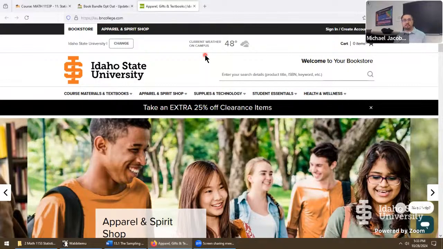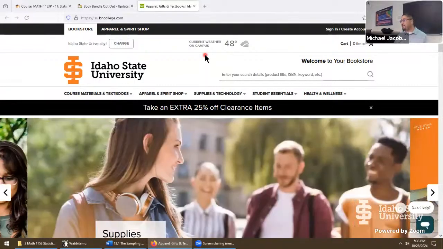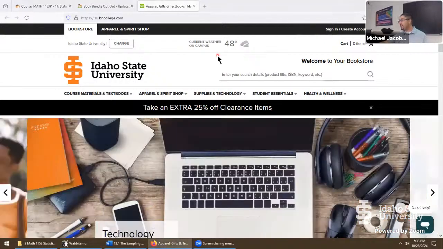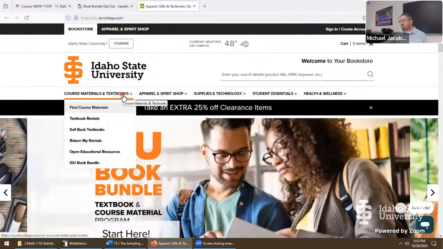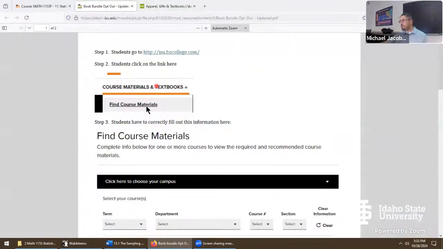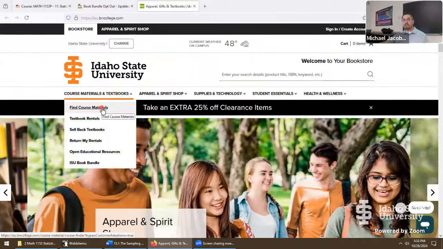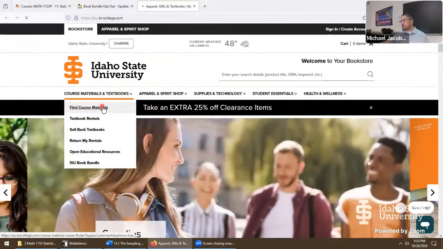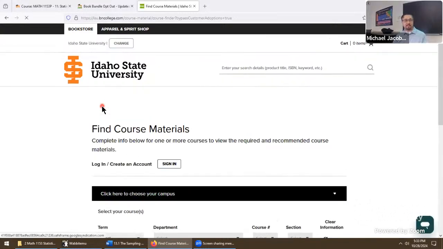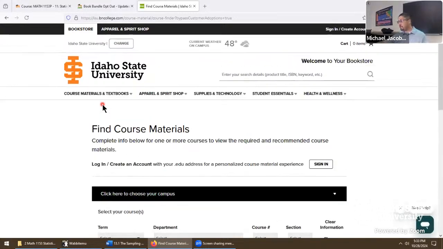This is extremely confusing once you go here. It's not giving you a great indication of where you're supposed to go or what you're supposed to do. So let's do it ourselves. We would want to go to find your course materials. It's right here. I have step-by-step guides on where to look for those next steps. So go find your course materials, clicking on this link. This will be on the recording, so you can come back and play it on YouTube if you need to. Oh, geez, and you have to sign in.